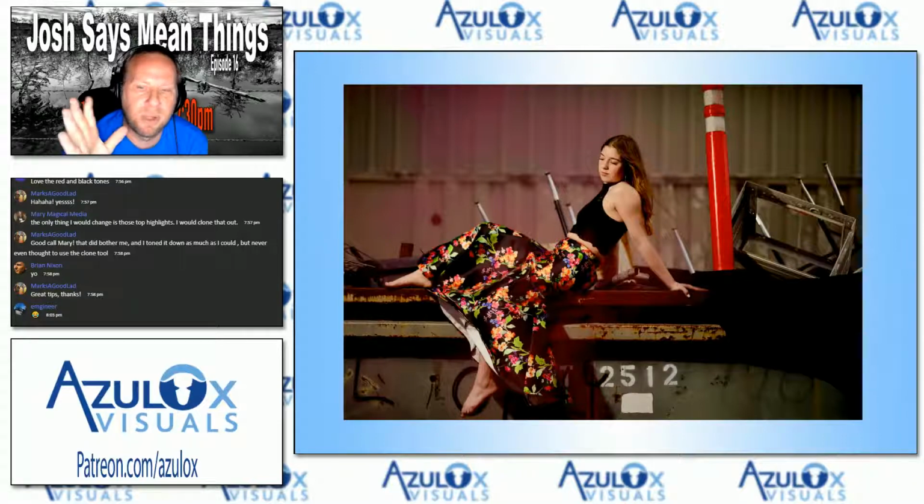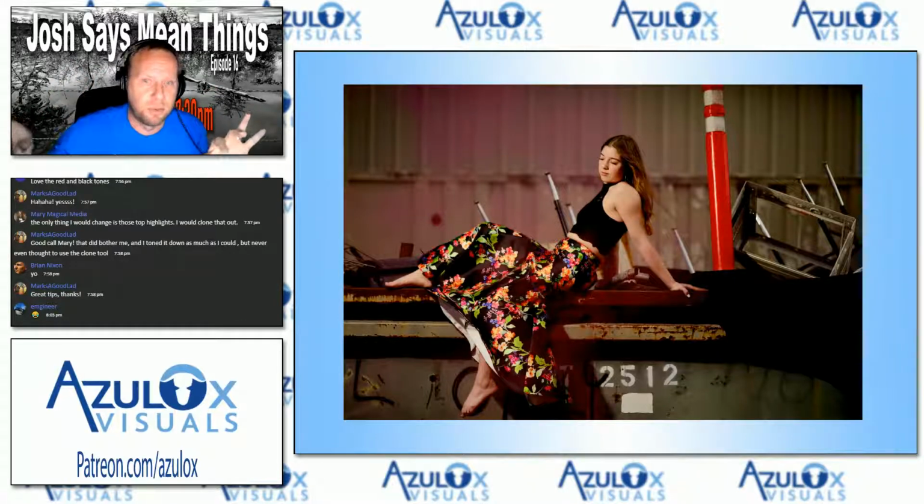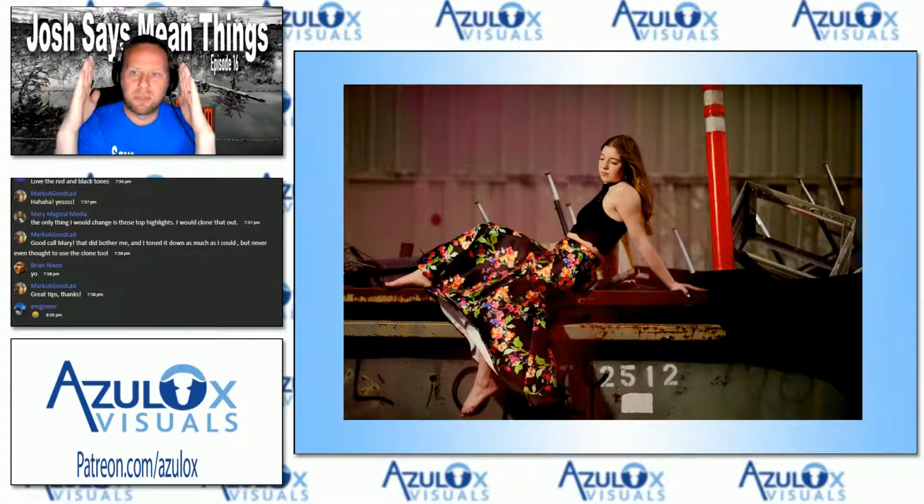Also, the vertical lines in the background, there's like a, I guess they're shipping containers or corrugated something, but they're kind of all over the place. And so, right, having chaos is good. And then having a model against chaos can be really good. But we need that chaos to be either very askew and very chaotic, or it needs to be very rigid so that the curves of the girl or the curves of the guy can offset against the verticality or the structure of that chaos. And so that would be the first thing I would fix. I don't know if y'all can see those lines in the background. I would straighten those up a little bit.